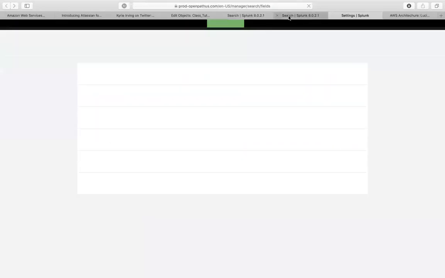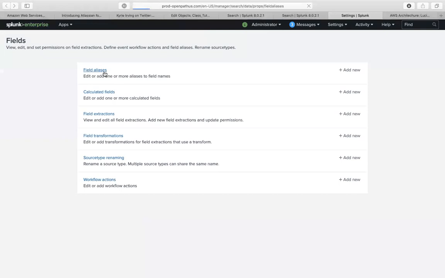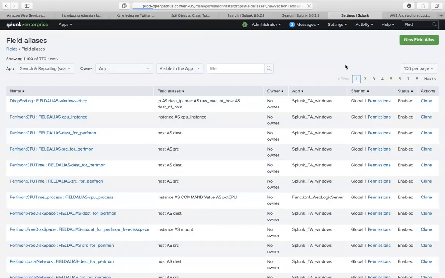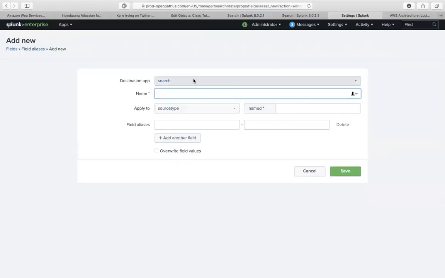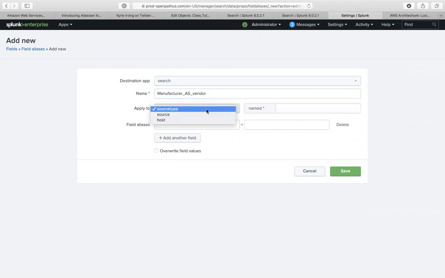So we're going to say field alias, and we're going to add a new one. We're going to add this in, the search app, it's fine. So we're going to say this is going to be manufacturer as vendor. So what we're going to do then, we got to grab it either by the source type, host,